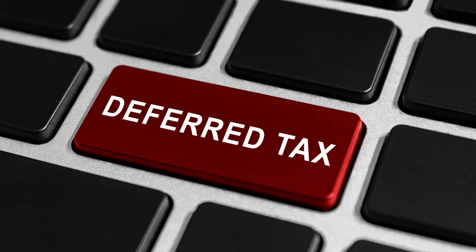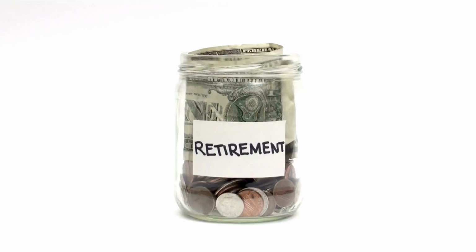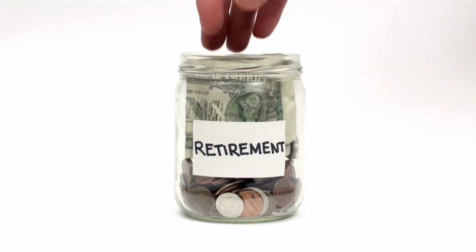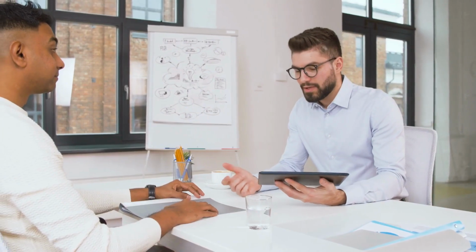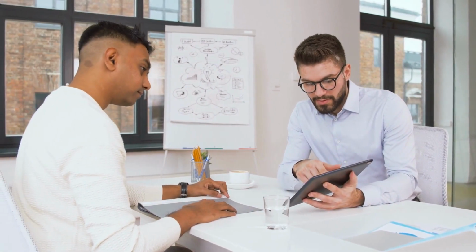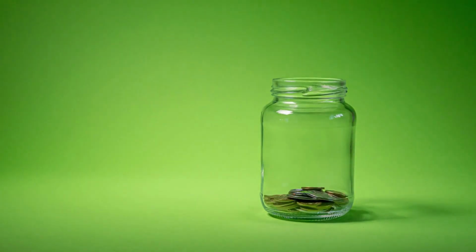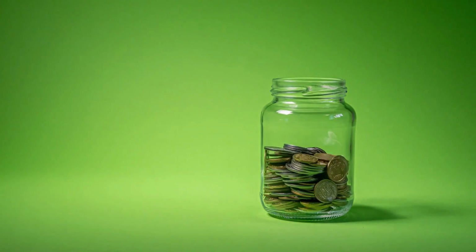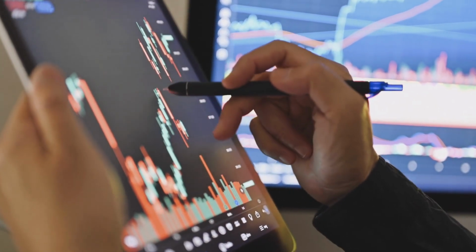Your account balance will grow tax deferred, which means you won't pay taxes on your investment earnings until you withdraw them in retirement. Once you enroll in a plan, contributions are made automatically at a level you set. Your employer may also make matching contributions on your behalf, which is essentially free money. This is a great way to maximize your investing dollars with little effort. It can also instill in investors the discipline of regular investing.